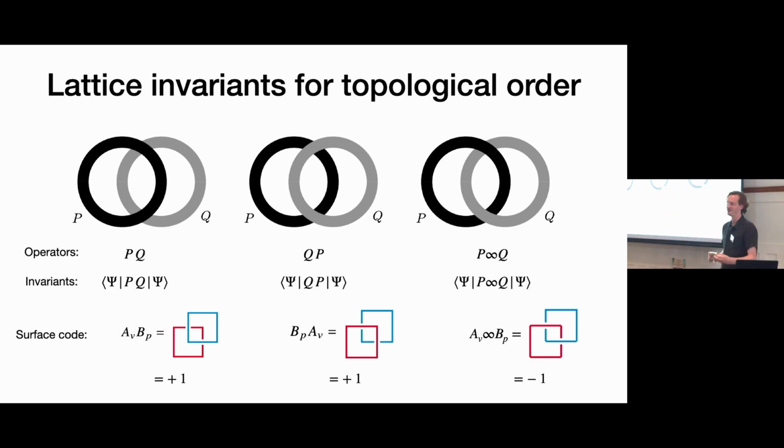If you have general, like non-abelian anyons, no one knows a full set. No one knows some like finite set of invariants that completely characterize it. But yeah, there's some work in that direction. People have thought of adding a few things and then saying, well, when you add this and this more complicated link, you can distinguish all of these guys and so on. But yeah, this is an open question.